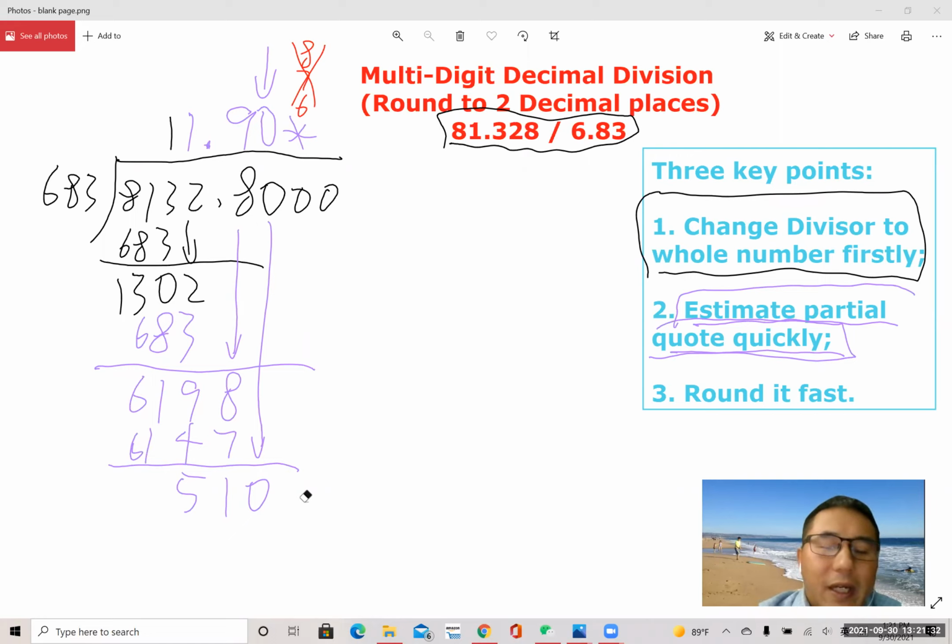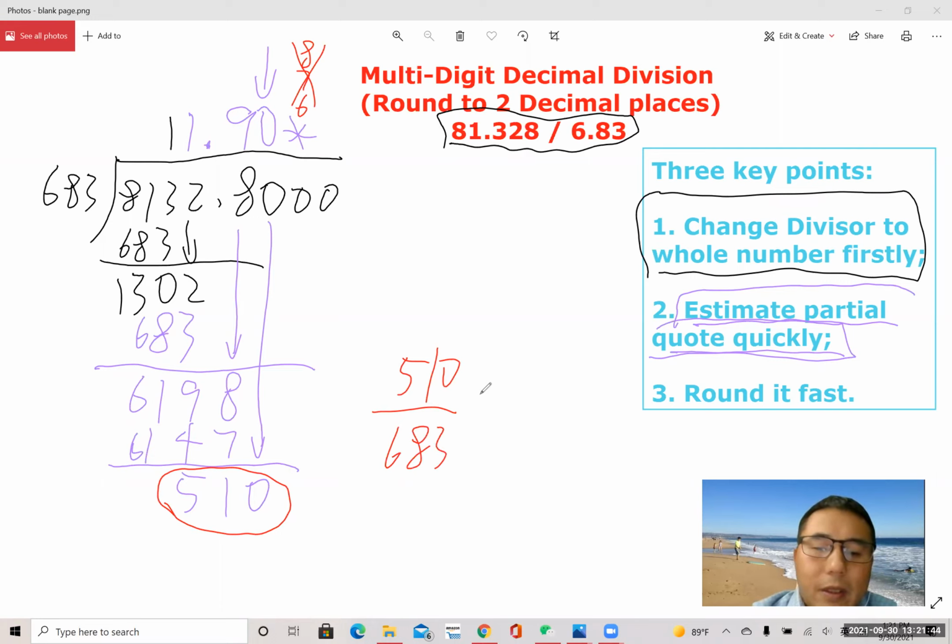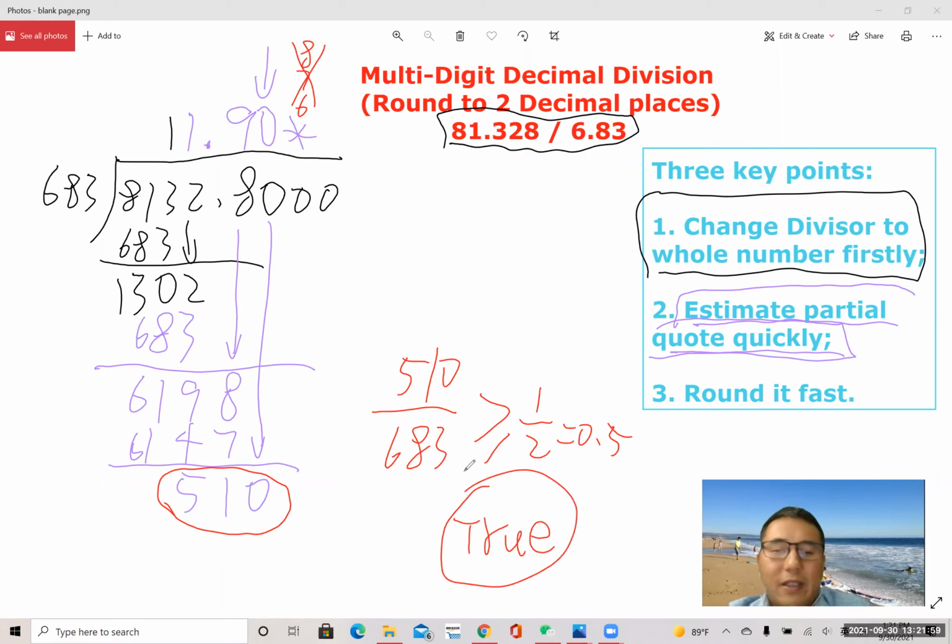We just need to decide if the remainder over divisor is greater than or equal to half. It's true or not true. Here we can easily find it's true. Then that being said, we should round up. So finally we get the quotient is